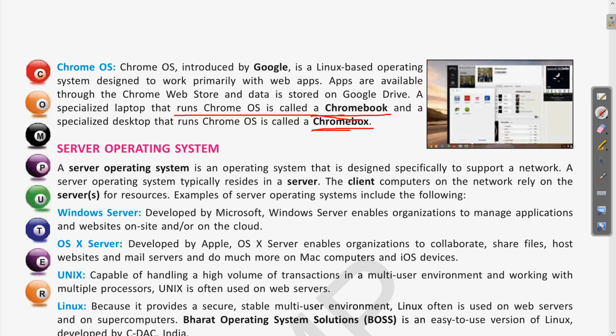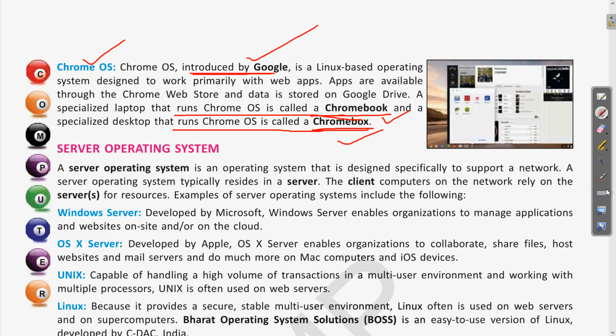Clear? So the operating system is Chrome OS, and according to the device, if it is a laptop it is a Chromebook, and if it is a desktop having Chrome OS it is called a Chromebox. Clear? And this is introduced by Google.